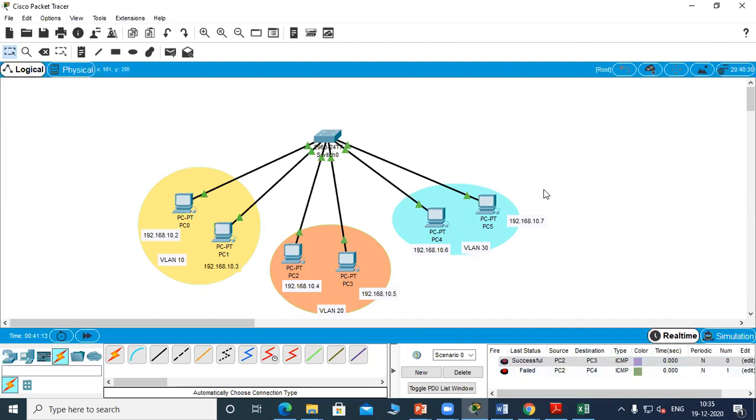This is an example of how a simple VLAN can be created, which will restrict the access of the packets and the broadcasting of packets, so it can broadcast only within its own VLAN. So you can see this is one LAN, and we have virtually divided it into multiple LANs using the virtual concept. We're not removing any physical connection or reorganizing it. So that is the advantage of VLAN.